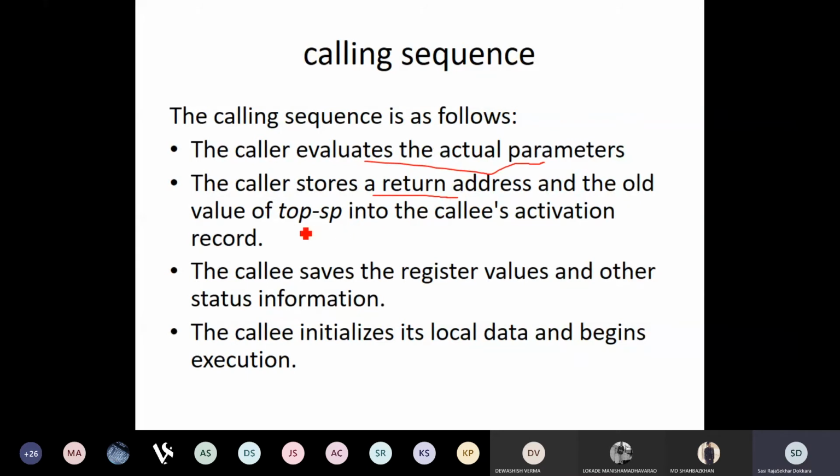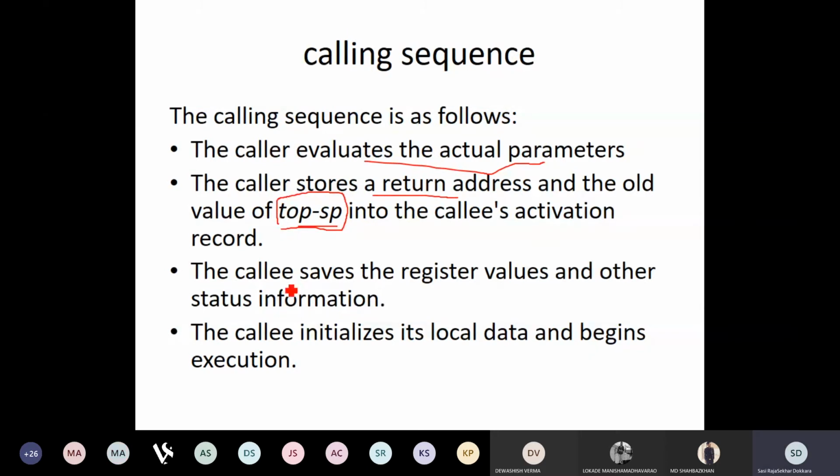The old value of the top stack pointer is kept in the machine status, so that after the callee is finished, the pointer can go back to the old location where the top of the stack pointer was pointing. That is the reason it is kept there.